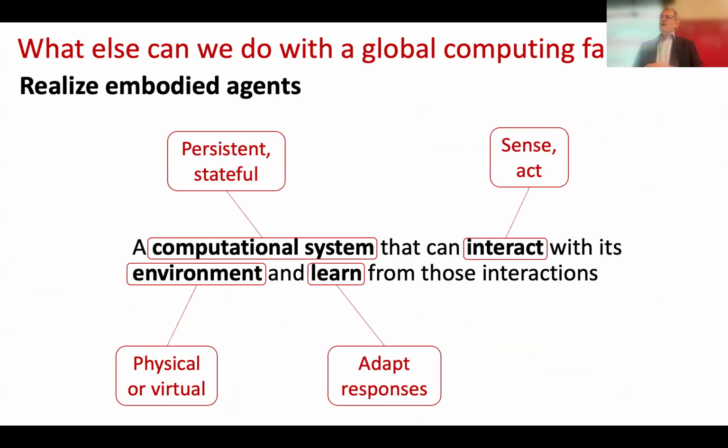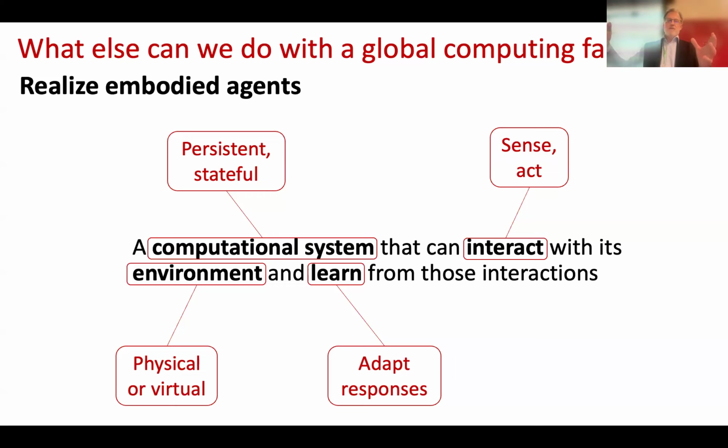But one thing we can start to think about, given a global computing fabric such as I've just described and advances in AI methods, is whether we can train AI agents to act on resources in a distributed environment to do things that we couldn't do otherwise. And we might seek to realize what we can call embodied agents. It's an old term, but basically it refers to computational systems that are able to interact with their environment and